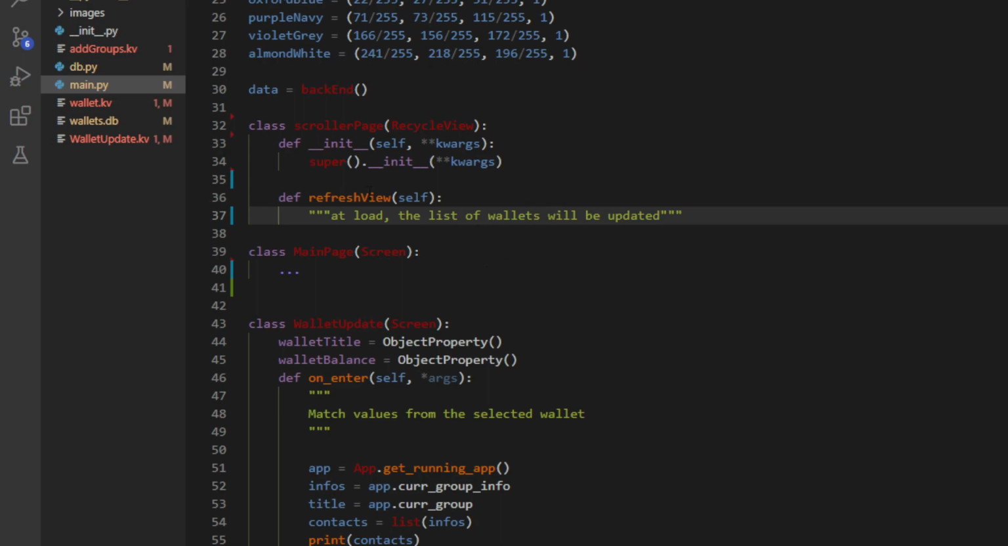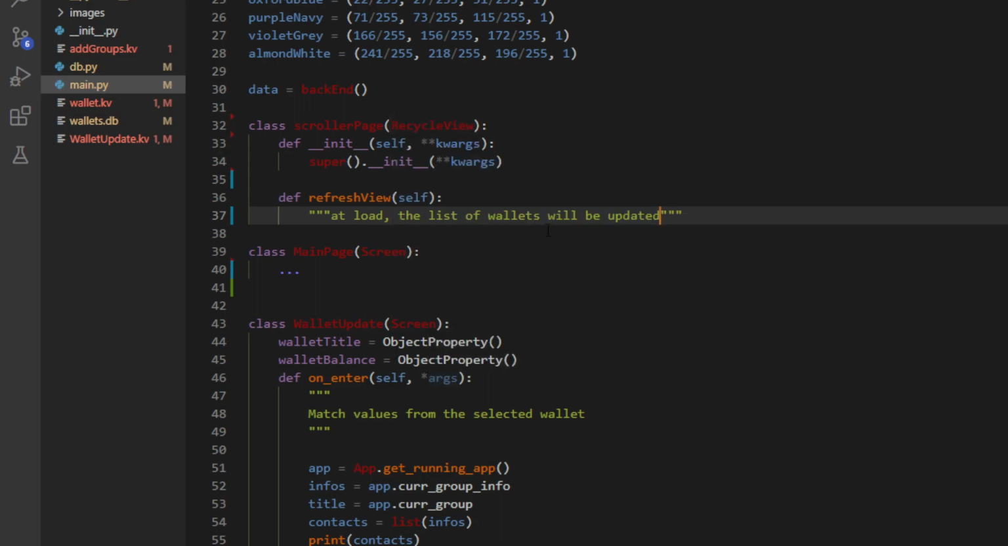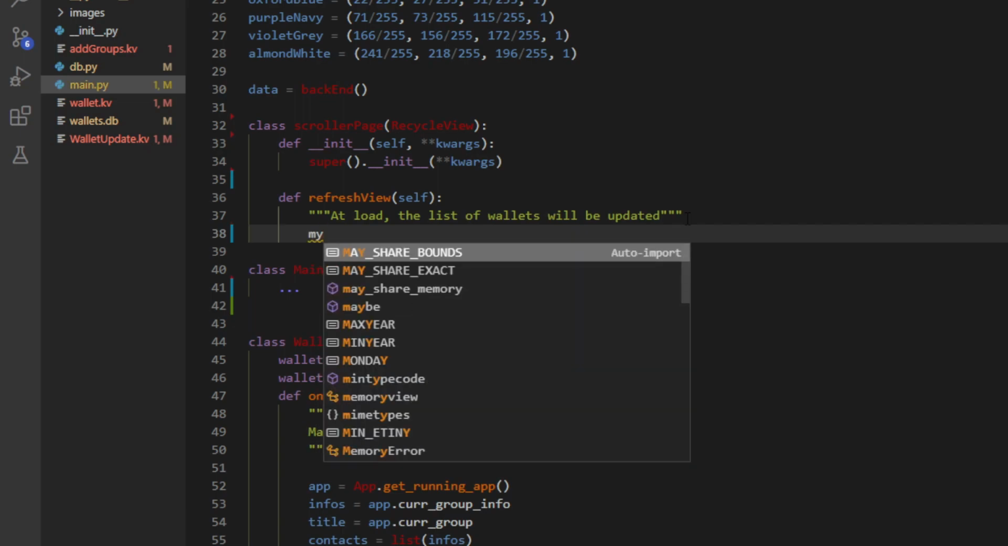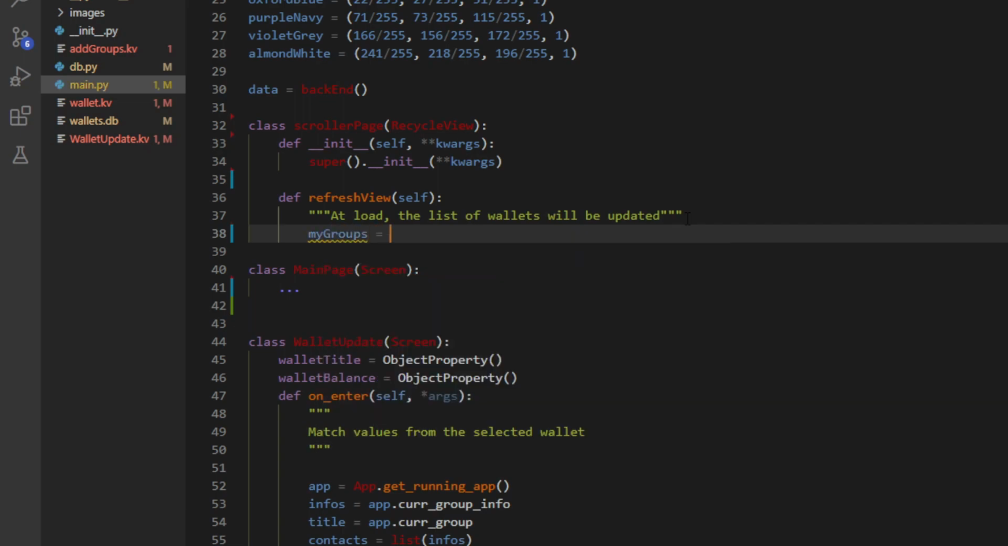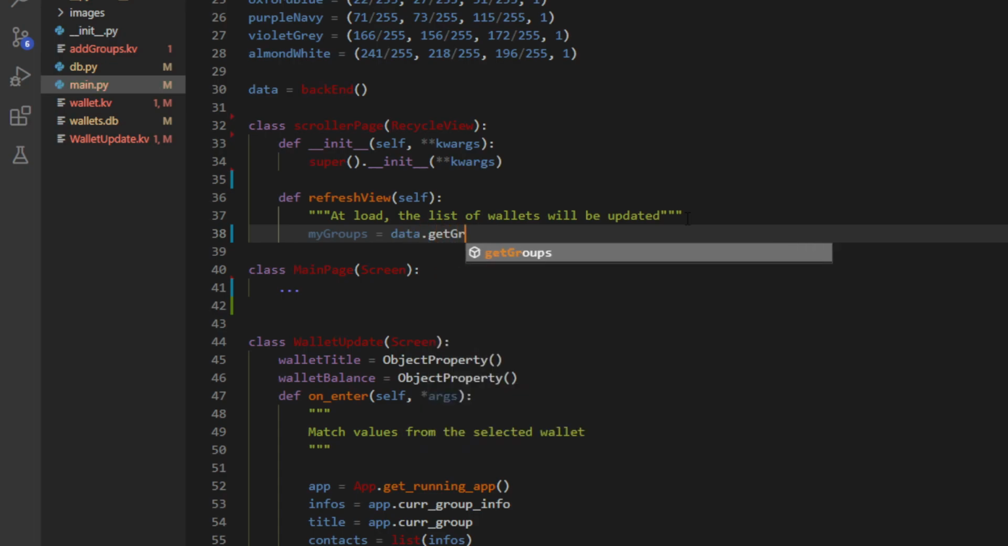But because the scroller page is not the page you're loading when you're getting into the page, you cannot use the on_enter function, right? This is not how it works. So what we're going to do is create a function that we're going to call later. So we're going to get my groups, which is going to be me calling on the function I created in my package